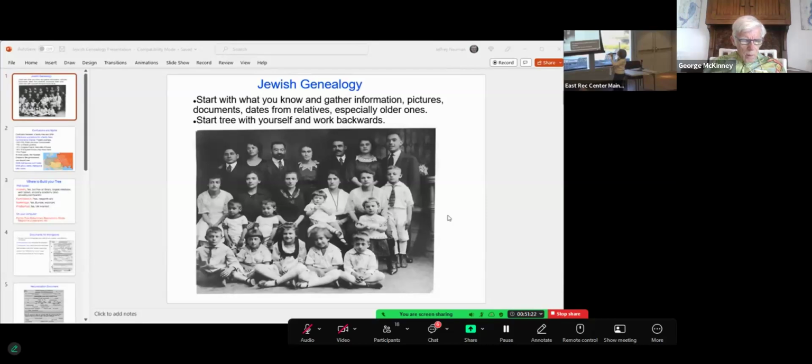So you start the tree with yourself, and then you work backwards, and then you can also work forwards. Once you've established a kind of skeleton tree, you can put in the children of the people you found. You want to work not only your direct ancestors, but let's say you have your grandfather or your grandmother, you want to find out all their siblings. You want to work wide as well as backwards and forwards, because you may get information from siblings that you wouldn't have been able to get otherwise.